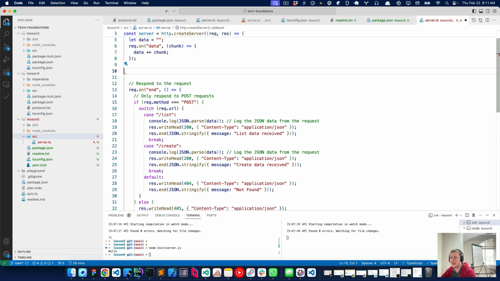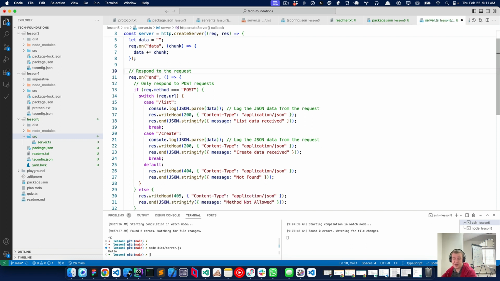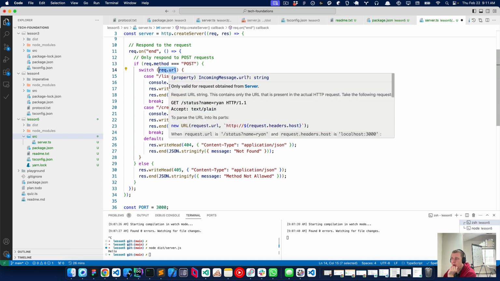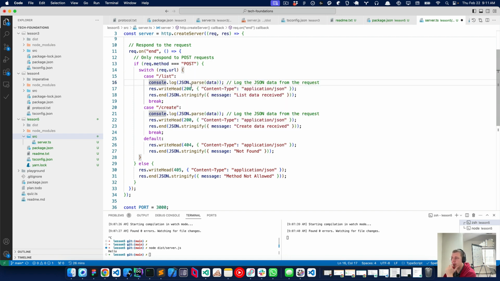It's an interesting idea. If I could go back, I don't know if I would do it that way, but it's fine. So anyway, the point is, we're just going to listen to the request method. If the request has the method of POST, then we're going to look at, well, what's the URL? And then if it's list, we're going to parse